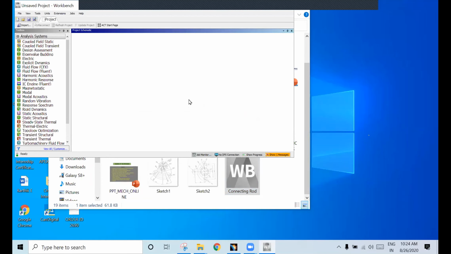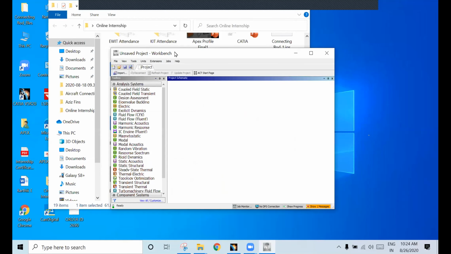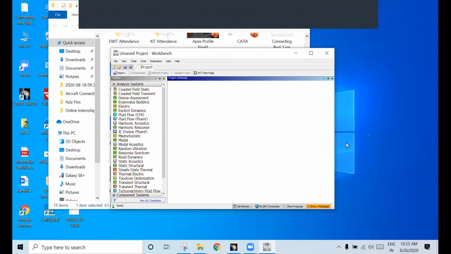Sir, which analysis software is used in industry and commercially? ANSYS Workbench, Hypermesh, LS Dyna. I mean, mostly, sir. So it depends, man. We can't say. See, when it comes to analysis part, maximum industries will use ANSYS Workbench and Hypermesh. So why? Because we can perform any kind of analysis using this. Okay. So LS Dyna is another software.